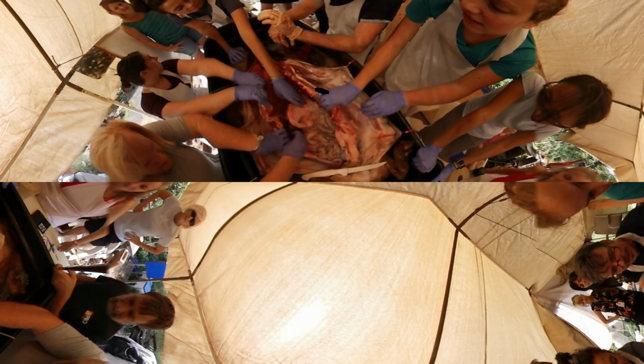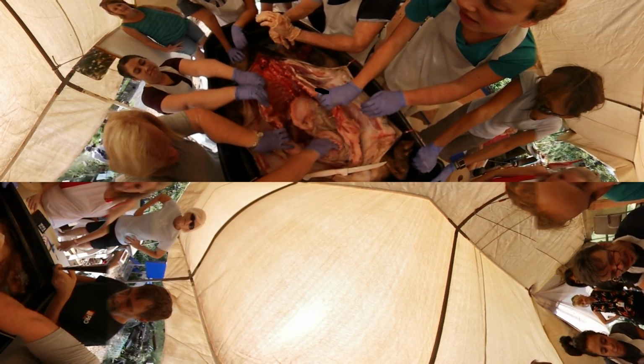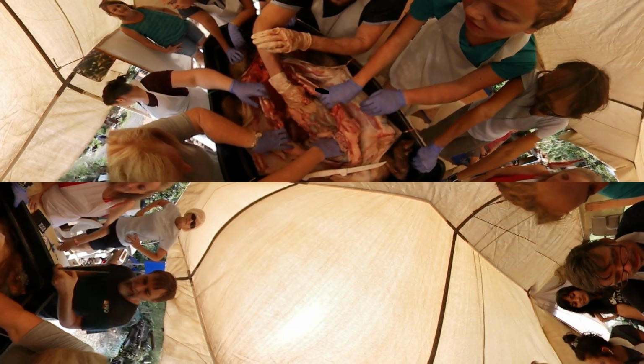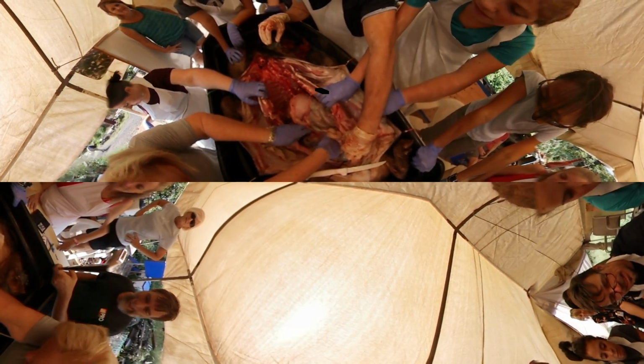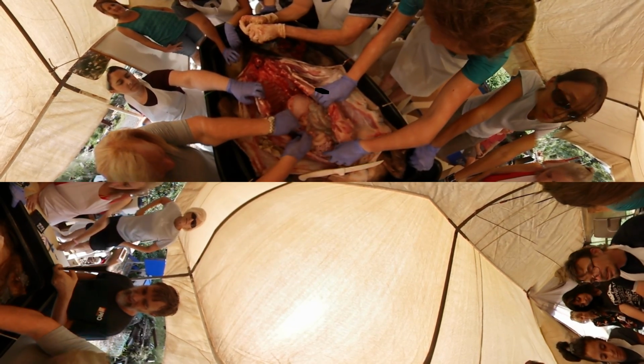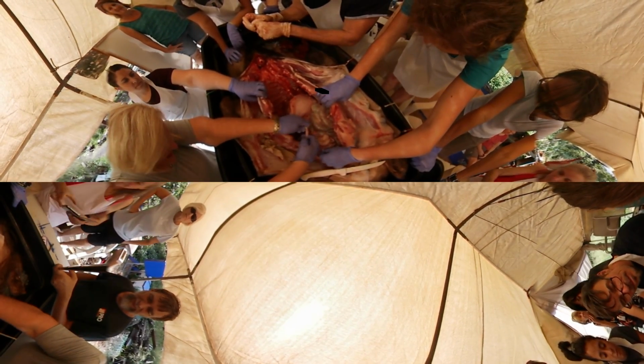Maybe we can just run the bowel a little. So let's carry on. Let's stretch the duodenum out. It goes into all the rest of the small intestine, and that's these little things. And in the human body, how many feet